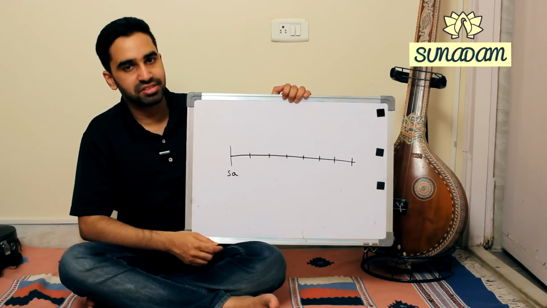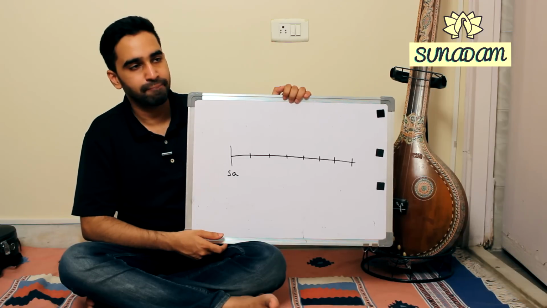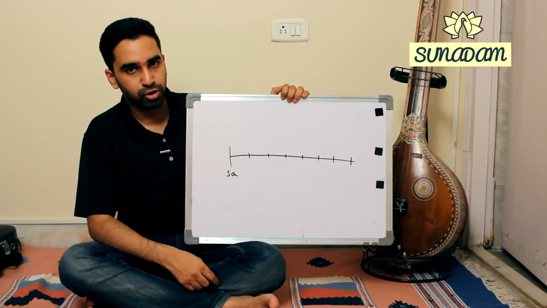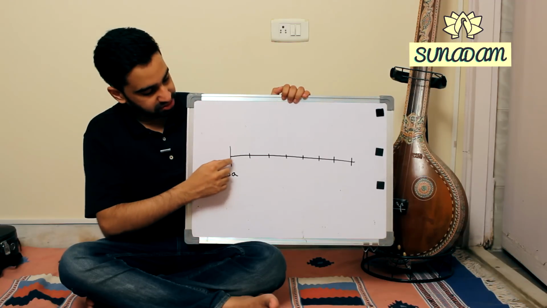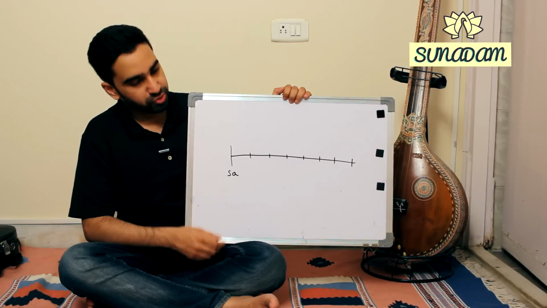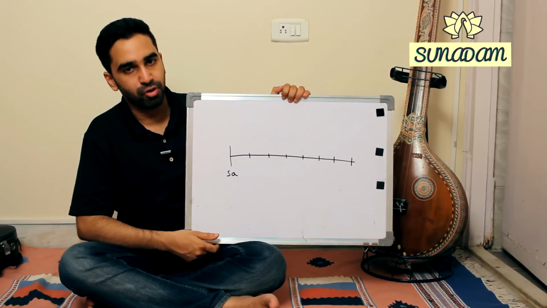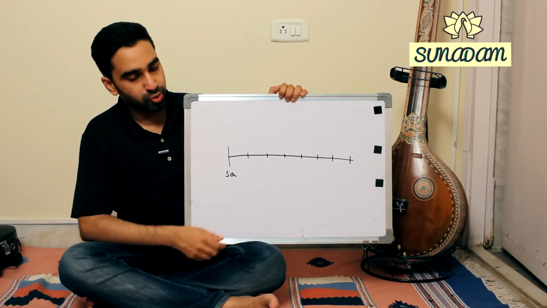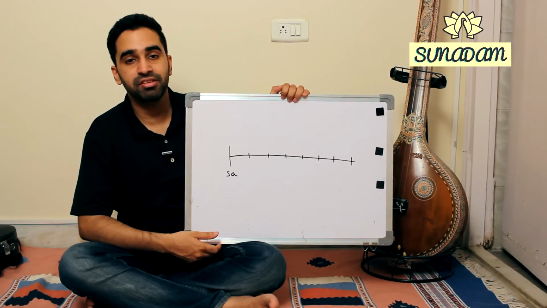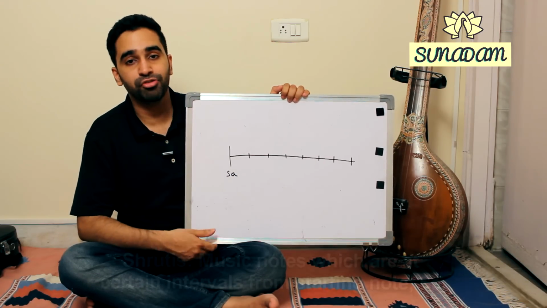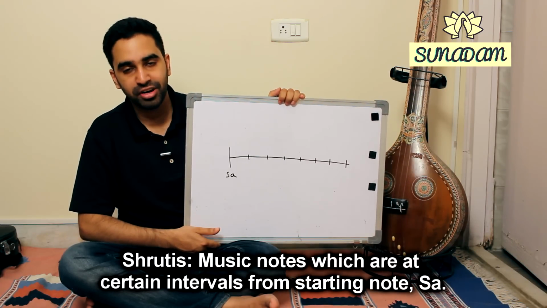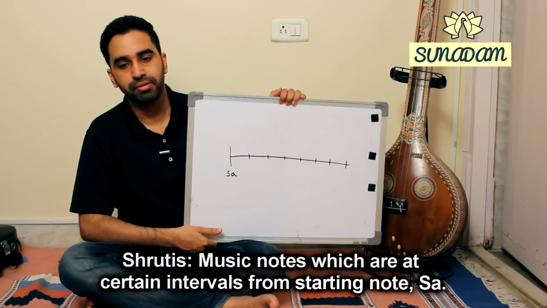Here on the board I have a starting point, a musical starting point, a foundational frequency. Let's call it the musical note Sa. A certain distance away from Sa, you can see that I have made markings. So these markings are representative of other musical notes. In relation to Sa, these musical notes sound subjectively pleasing or at times are even logical. So this entire collection of musical notes or positions in relation to Sa are called Shrutis.